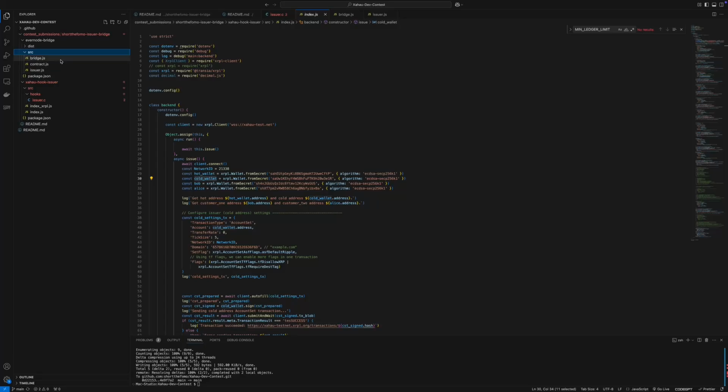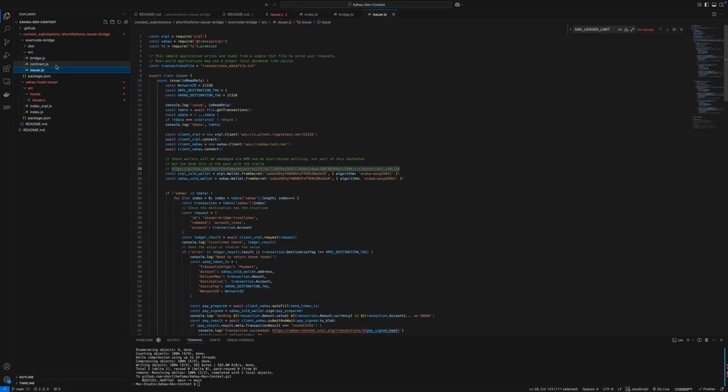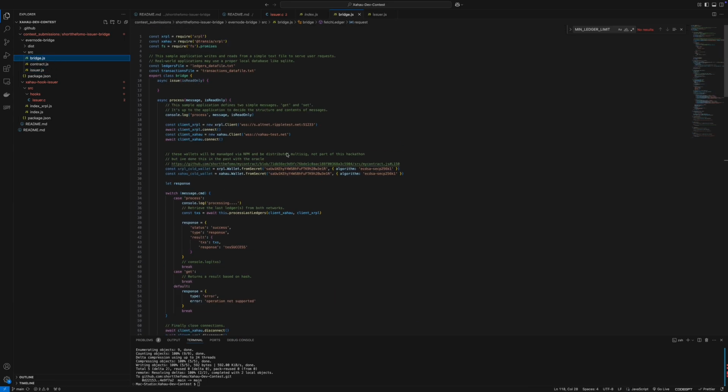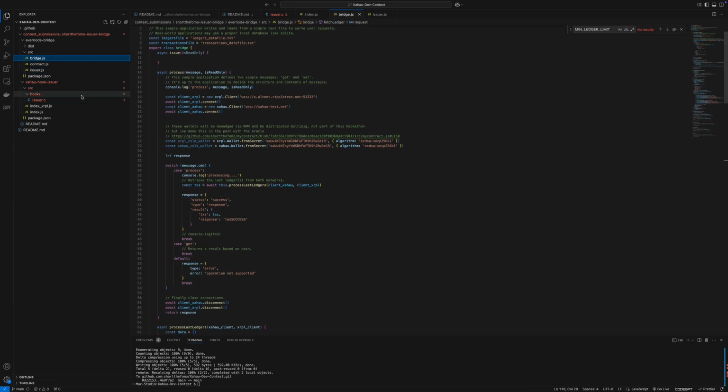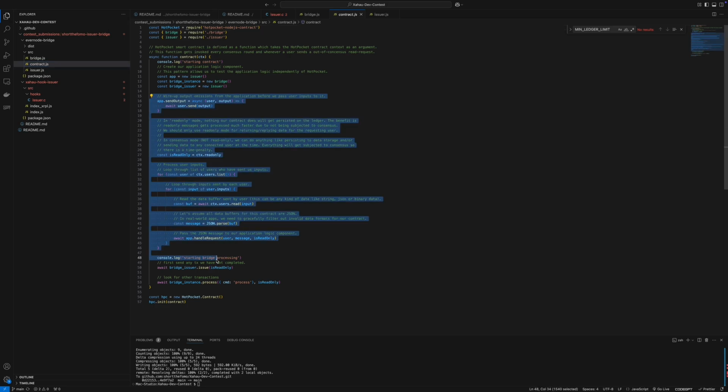Going to cover the bridge on the Evernode contract. So, a basic contract at the moment, nothing too overly complicated. Most of this code right now is actually null and void. We're just triggering off